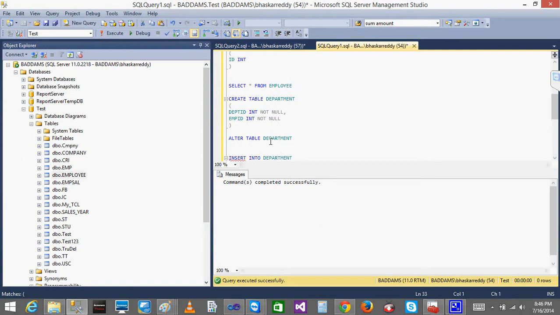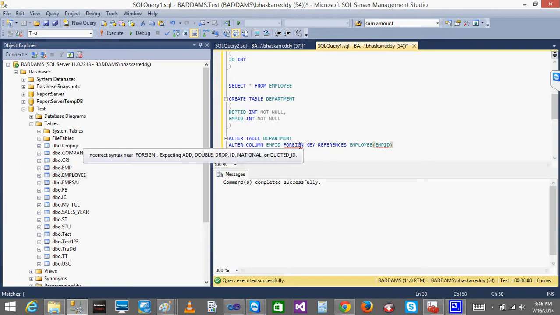The column name is EMP ID, foreign key, references, which table, the employee table, which column, employee ID.